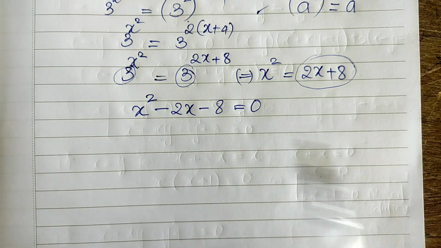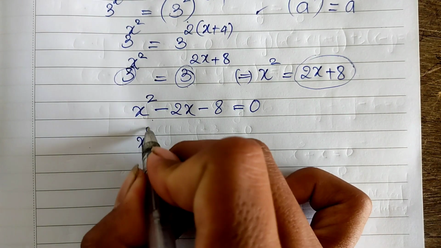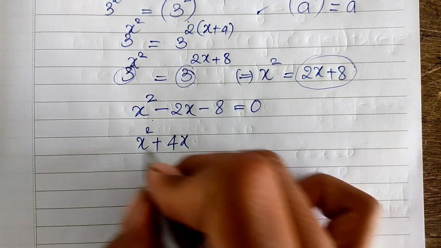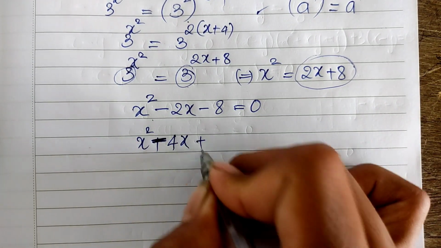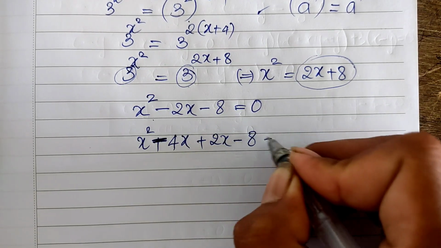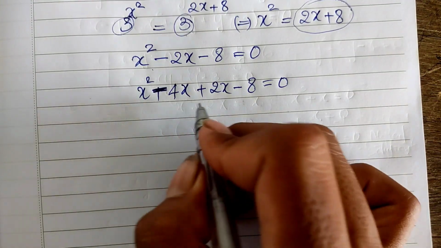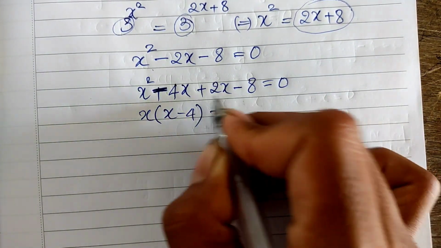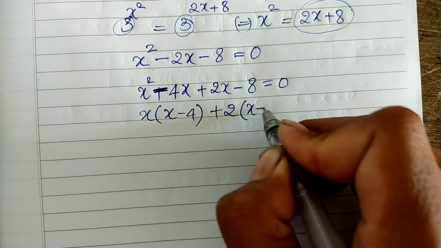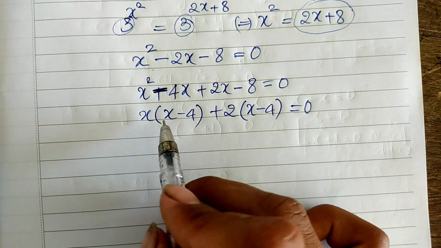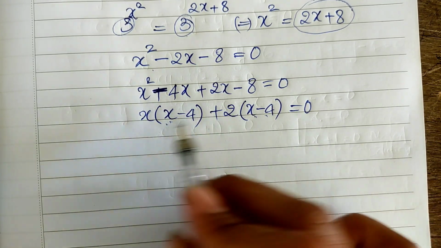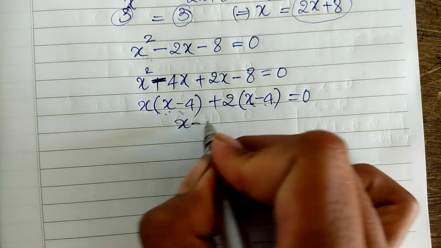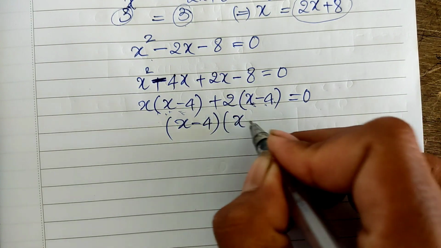Now I can write this equation as x squared plus 4x minus 4x plus 2x minus 8 equals 0. So I take x out as a factor, I get x minus 4, and I take 2 out as a factor, I get 2 multiplied by x minus 4 equals 0. We see we have x minus 4 in both, so I take it out as a factor, and I get x minus 4 multiplied by x plus 2